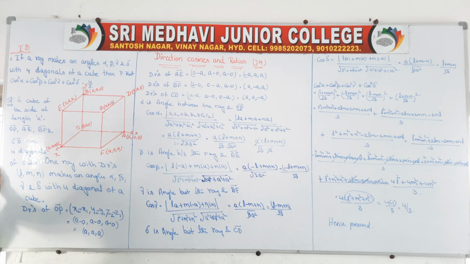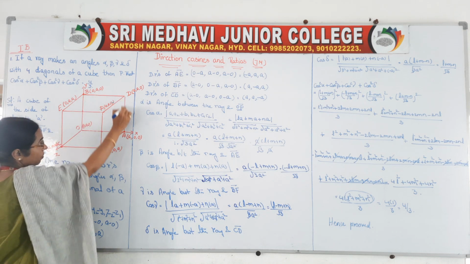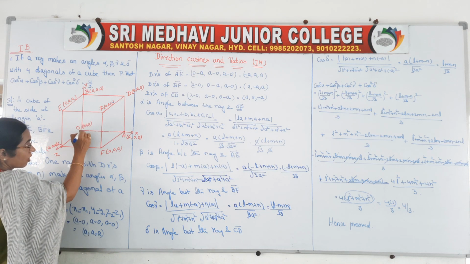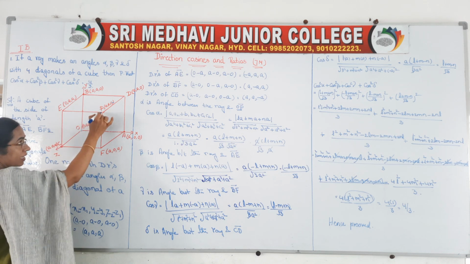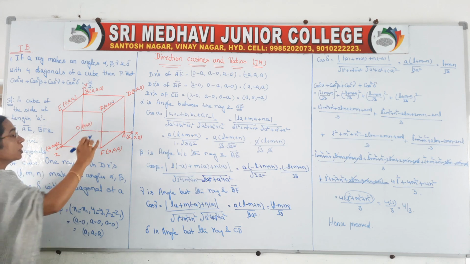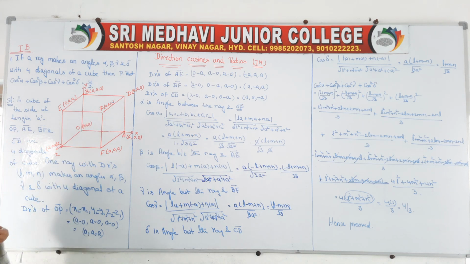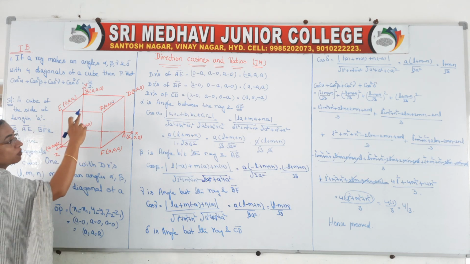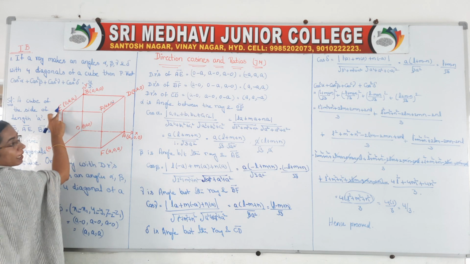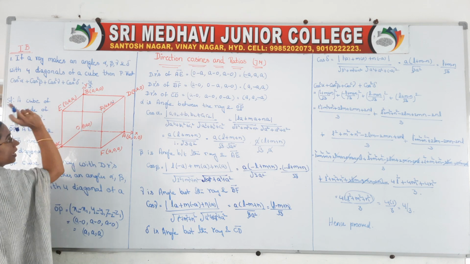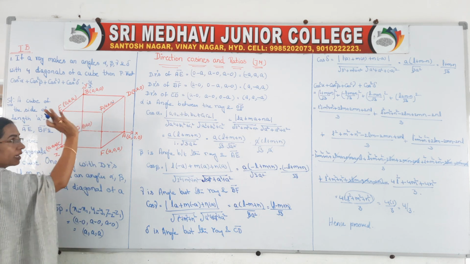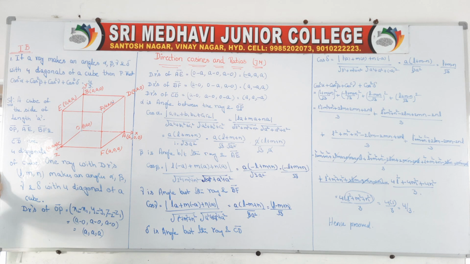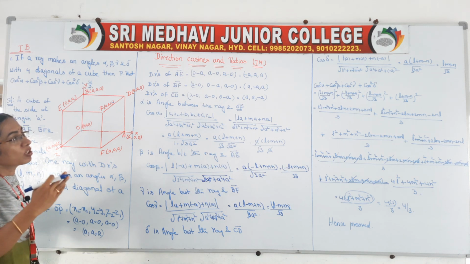After that you have to take 4 diagonals. So how do we take diagonals? This is one side, a downward corner, back side, and this is front side, and its opposite corner. Join them, you will get the diagonal. So OP bar is one diagonal, AE bar is the second diagonal, BF bar is the third diagonal and CD bar is the fourth diagonal. After that, find out the direction ratios of these diagonals.